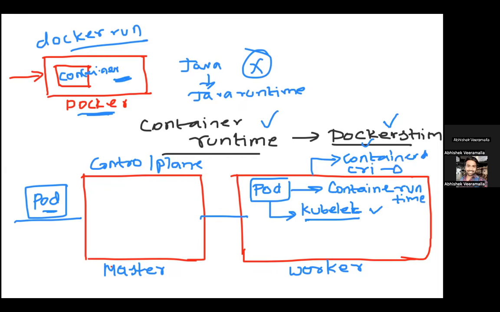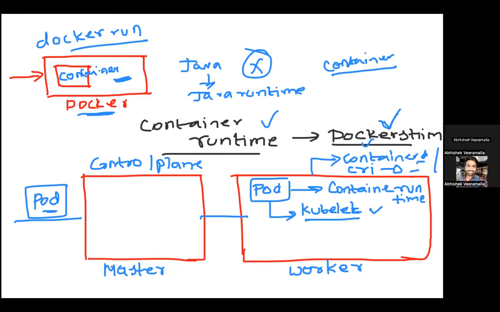What are all these things? These are all competition to Docker shim. Docker has only one support, that is Docker shim, whereas Kubernetes can support containerd, CRI-O, Docker shim, or any other container runtime which implements the Kubernetes container interface. Now let's not go into the details of it, but understand that Kubernetes has a standard called the container interface. If some container runtime, be it CRI-O, containerd, or Docker shim, can implement this container interface, the standard that Kubernetes has set, then Kubernetes allows you to use that specific container runtime.